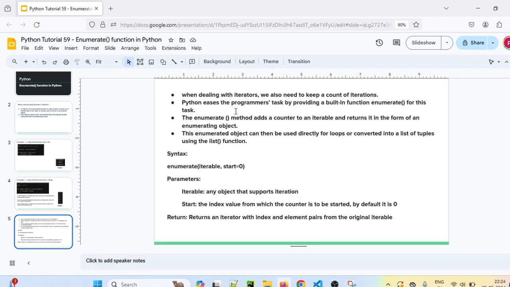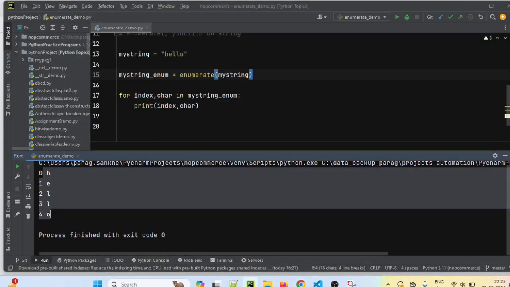Especially when dealing with iterators, sometimes we also need to keep a count of iteration. And that's where Python eases the programmer's task by providing a built-in function, that is enumerate function, for this task. So enumerate function adds a counter to the iterable, and it returns in the form of enumerating object. This enumerated object can then be used directly in for loops, or we can also convert it into a list of tuples using list function. For example, we are using for loop here to print the value of index as well as